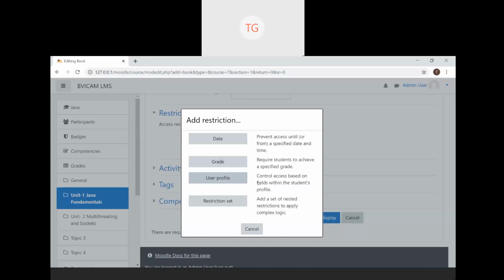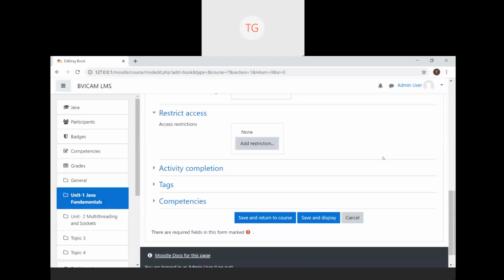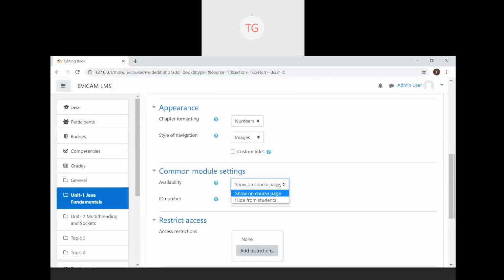If you want some material to be visible and other material to be hidden from the student, then you can impose restrictions on user profile, or else in availability you can select show on course page or hide from students.